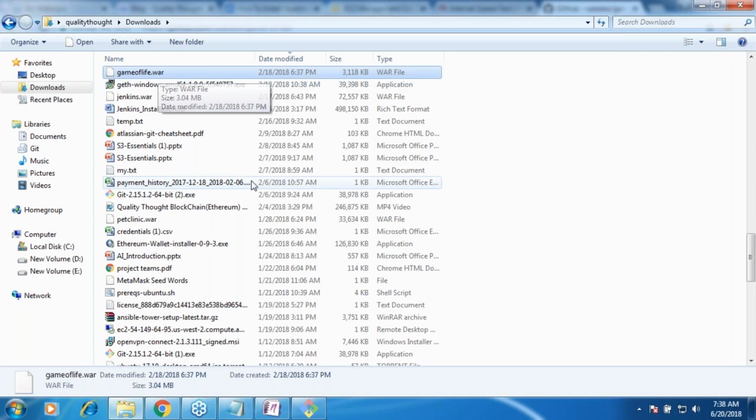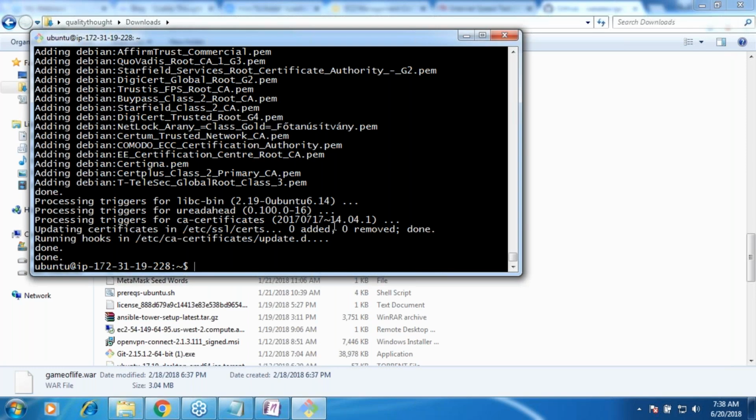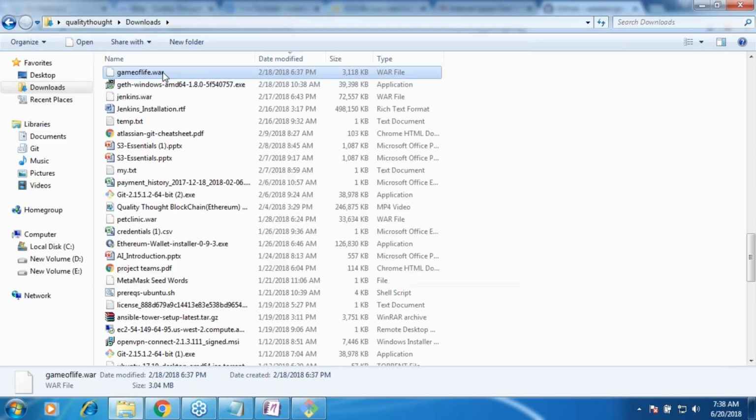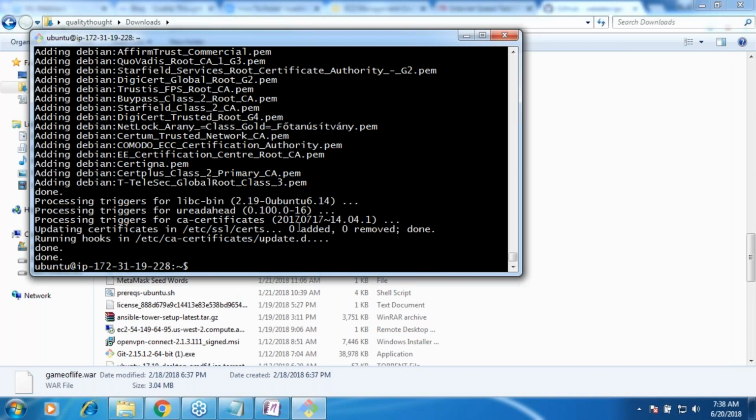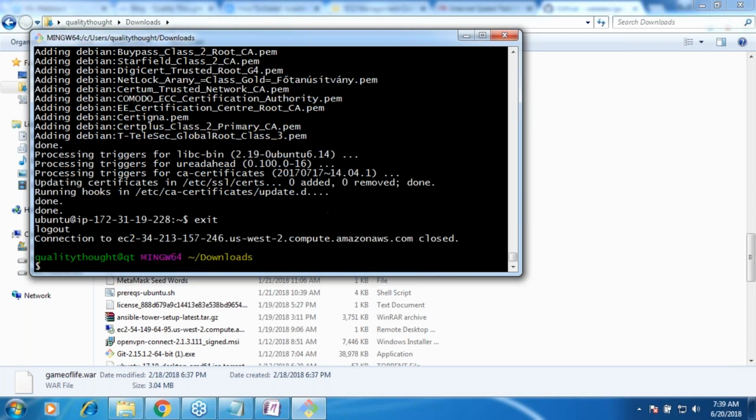First thing is, I need to have it on a Linux machine. It will not help on my Windows machine. How can I do that? We will be using something called SCP.